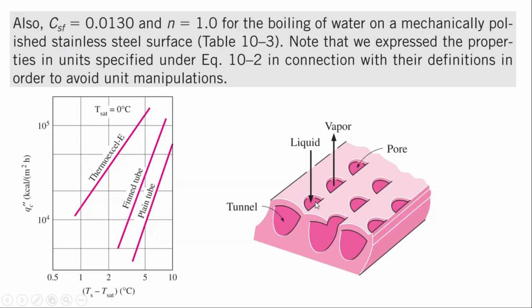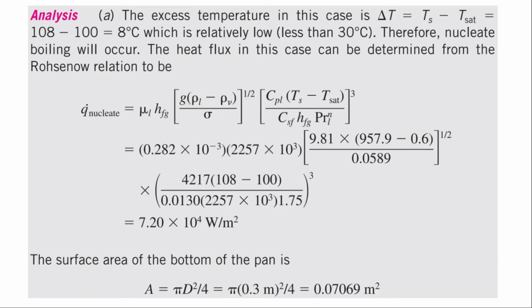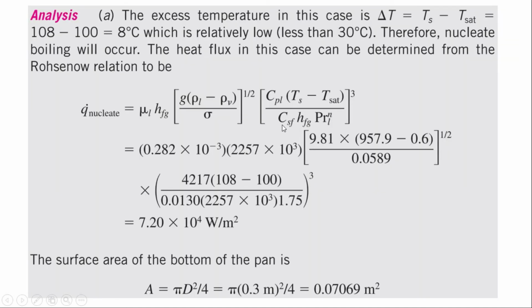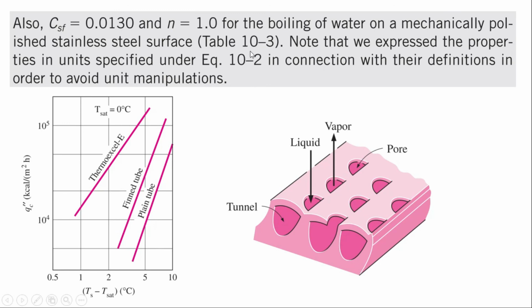We know that this is nucleate boiling, and there is a special correlation given in the previous slide for determining the rate of heat transfer for nucleate boiling. Let me just show you. This is the correlation being used, and in it there is a special constant that depends on the geometry of the surface. You can get the values of this CF and n from table 10.2,